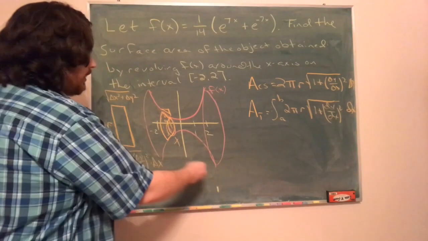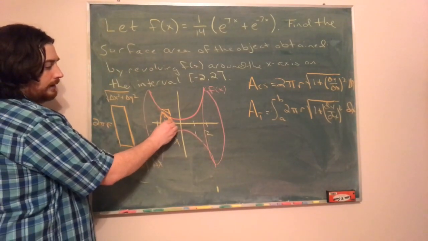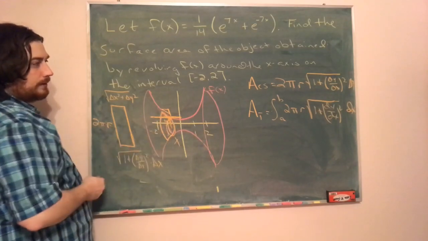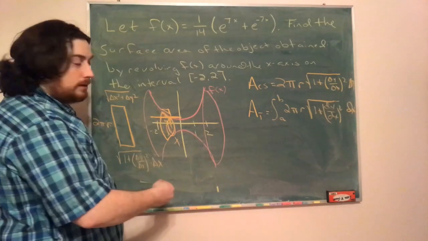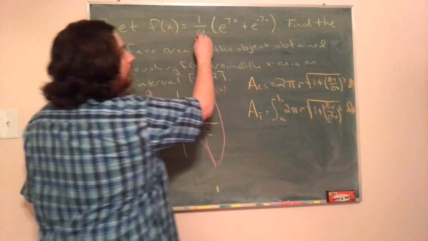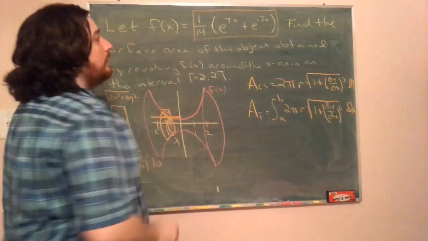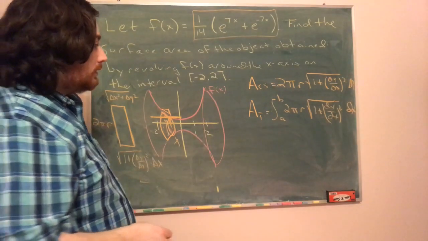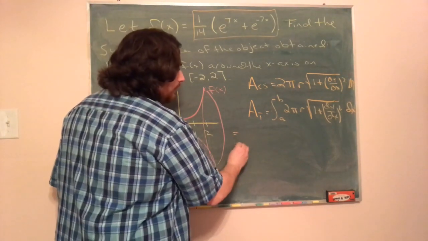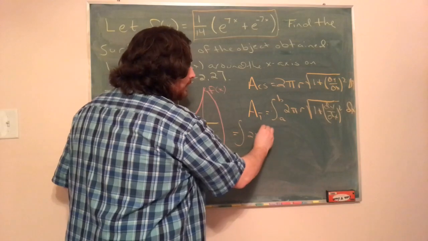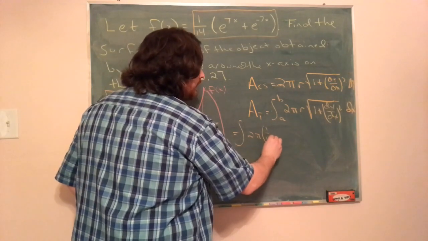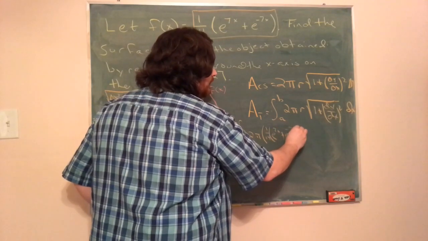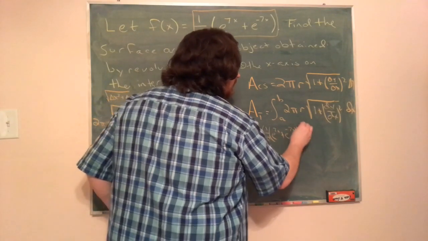So now to find r, notice that r, for this x value, is the corresponding y value for this function. So what we get is y is equal to 1/14 times e to the 7x plus e to the negative 7x. So what we're going to get here is the integral of 2 pi times r, which is 1/14 times e to the 7x plus e to the negative 7x, times the square root of,